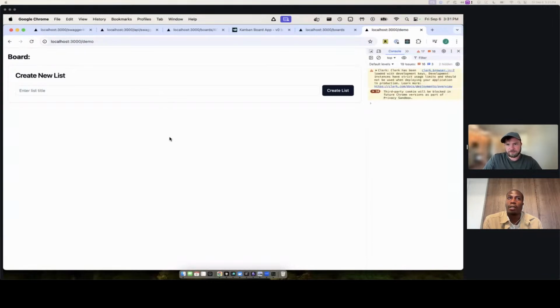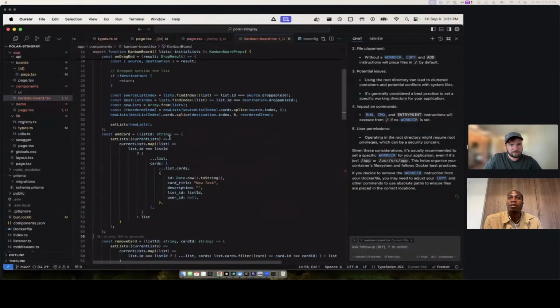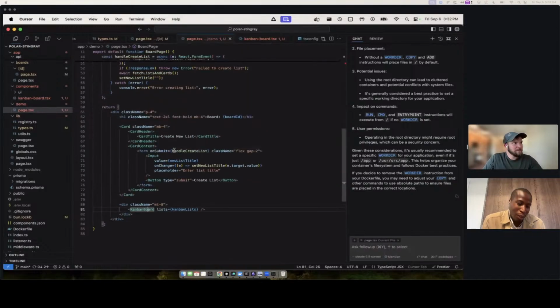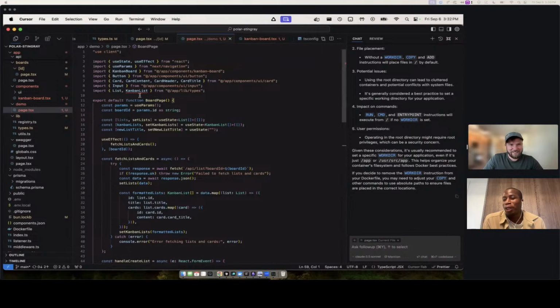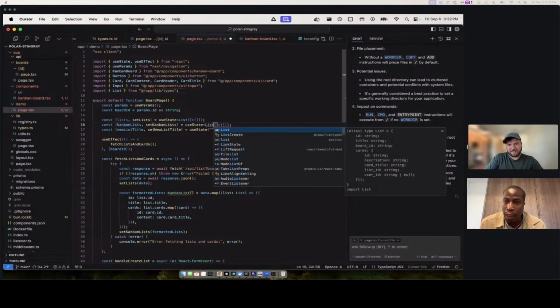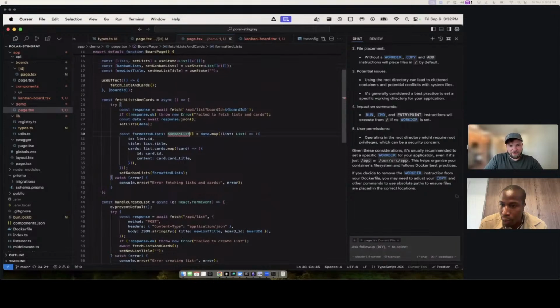That's a good point, though. I think you would definitely use Cursor differently than me because you know how to code properly. I'm a designer by trade, so I'll show you after. But yeah, I think it's interesting seeing how you work. I never knew you could reference specific code lines in Command K. That's really cool. I guess you can do it on the chat too as well, maybe. Yeah, you can do it from everywhere.